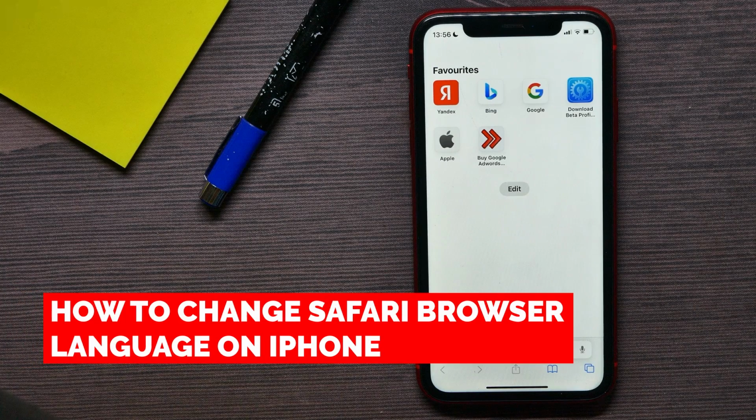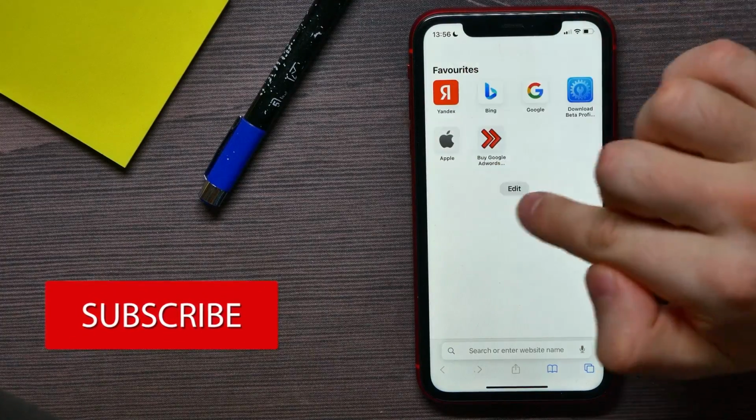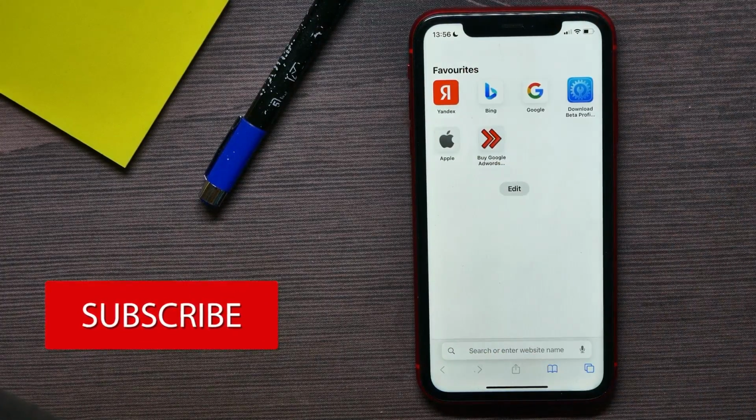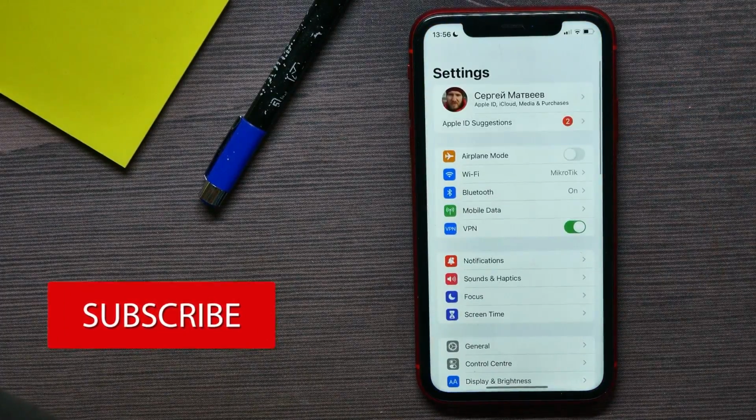In this video I'm going to show you how to change Safari browser language on your iPhone. That is quite simple and easy to do, guys, so let's begin. You can change the language of the Safari elements, and to be able to do that, just go into settings